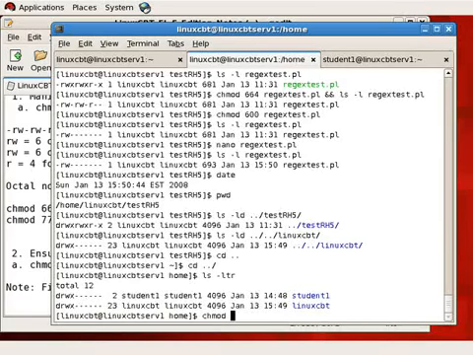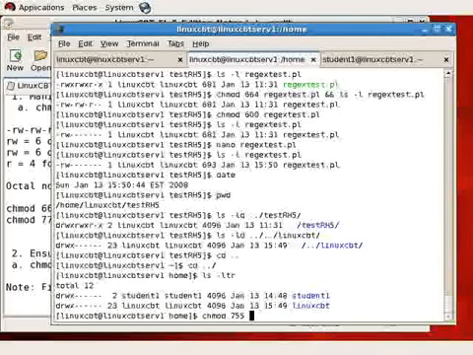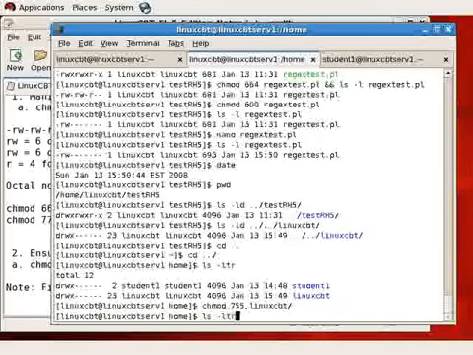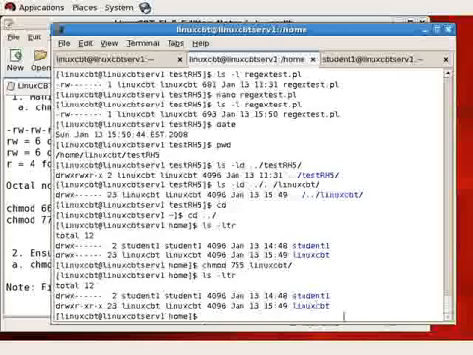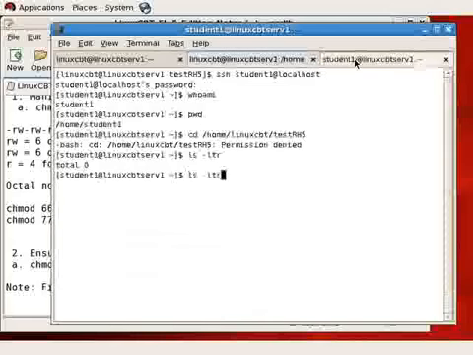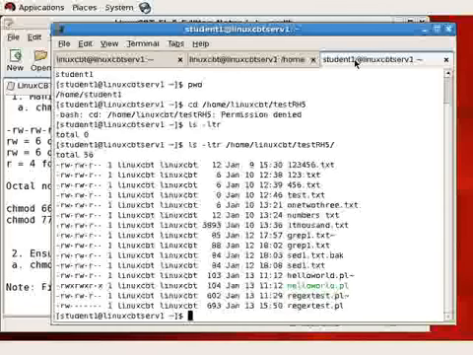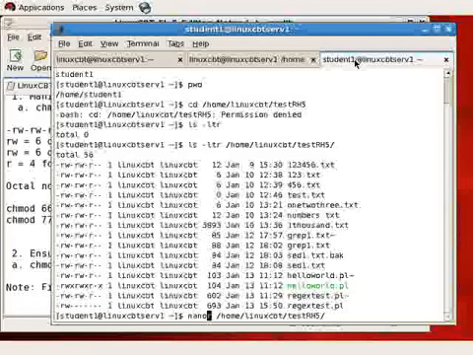and do so. We'll chmod 755 Linux CBT. Now we have relaxed the security, and student 1 should be able to take a look at it. Let's ls -ltr /home/linuxcbt/testRH5, and now we can interact with it. So with that said, we will nano